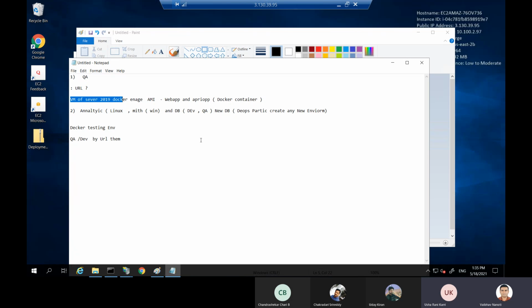Okay. And then the configuration part of all these 5 environments, according to our databases and URLs and all that, we'll see in one day, in the night or evening meeting. And once everything is proper, then we'll give the URL for testing purposes to the QA and developers. Okay. Okay, Vaibhav. Just one doubt, Vaibhav.